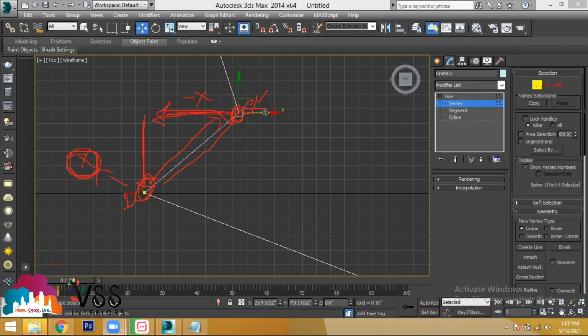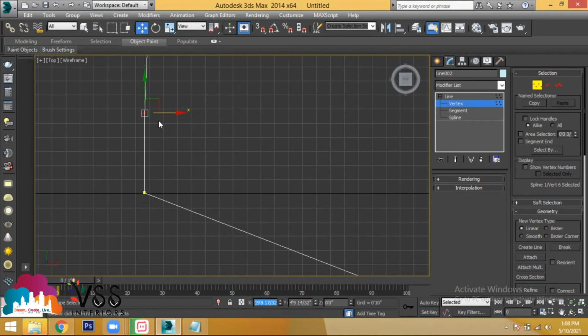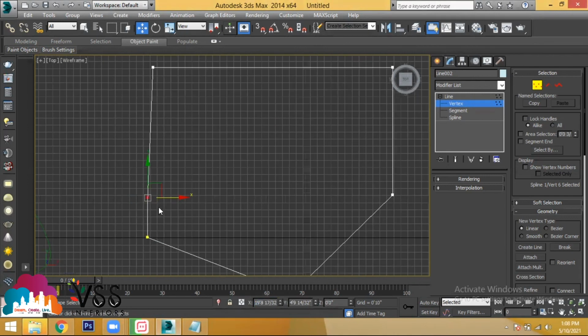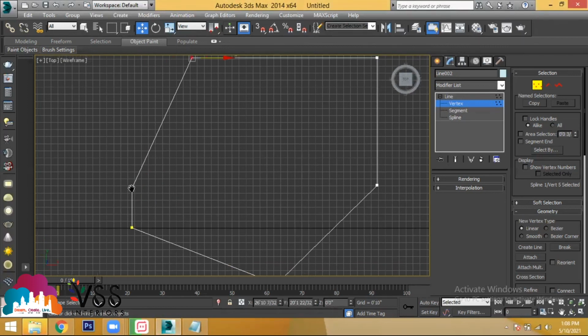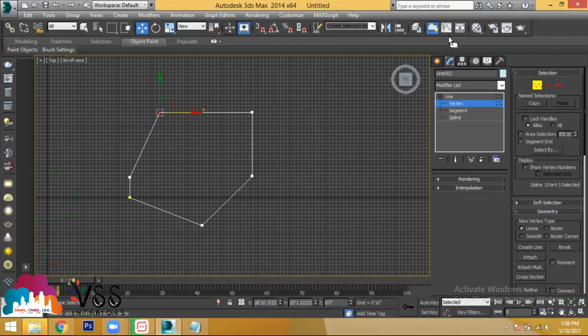Now what you do? Select the endpoint, take out the complete x value, paste it. Control C is for copy, Control V is for paste. Now the line has become straight. Clear? Any doubts? Sure? Clear everyone? Did you understand? Yes, sir.